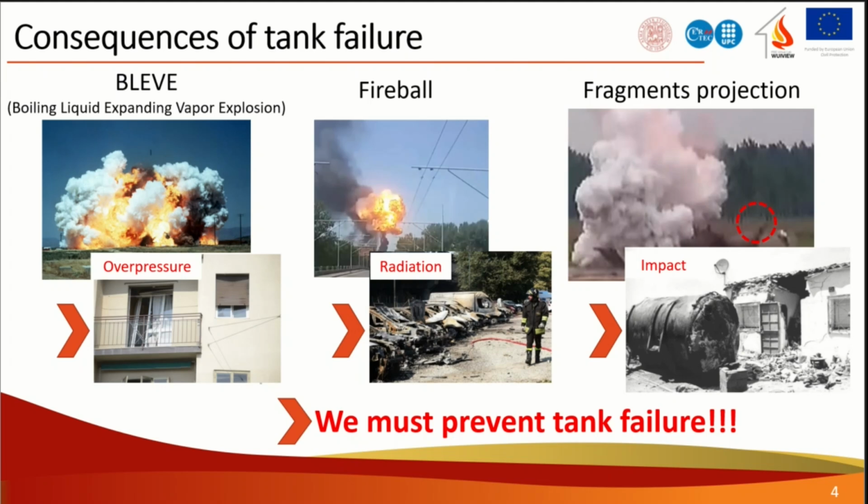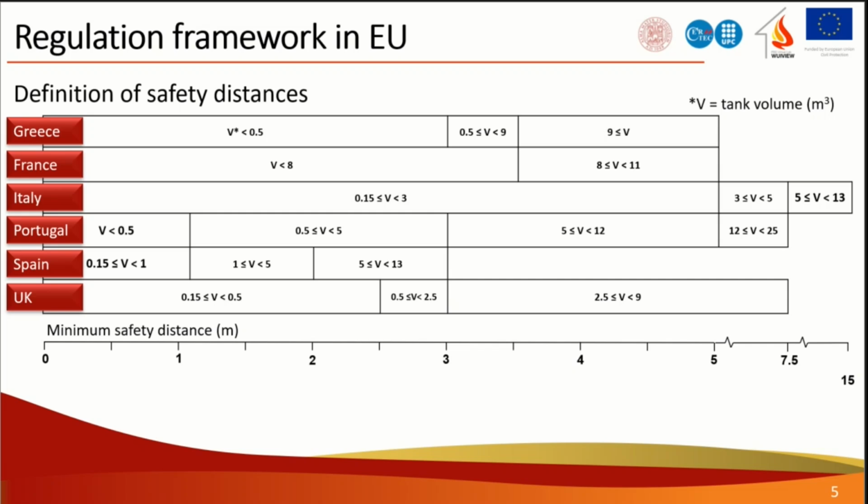It is therefore clear that we must put in place measures in order to prevent tank failure. One of the most commonly adopted measures in this sense is the definition of safety distances. That is a separation distance between the tank and any other object that could be ignited and generate the fire. As you can see from the table,